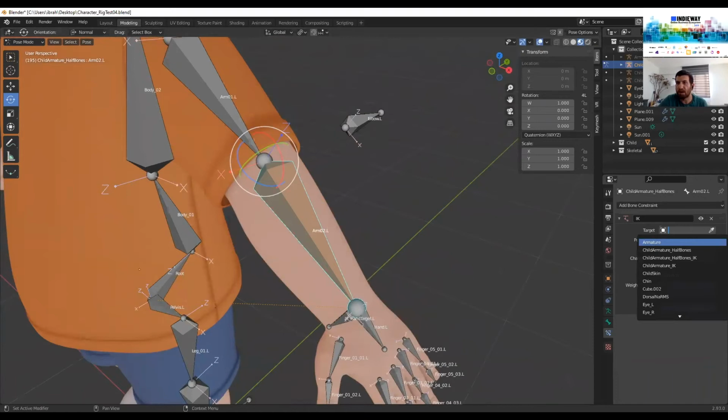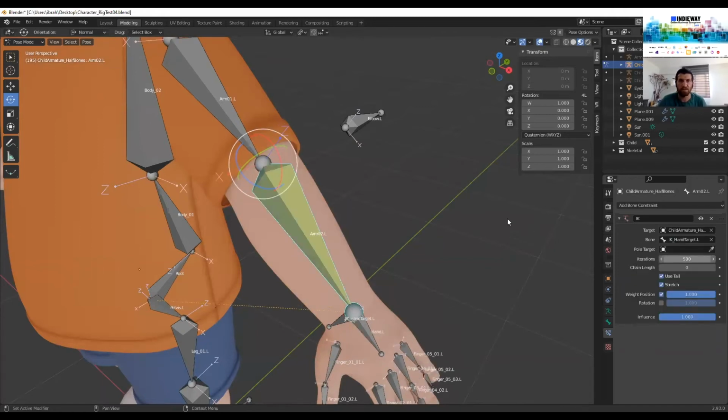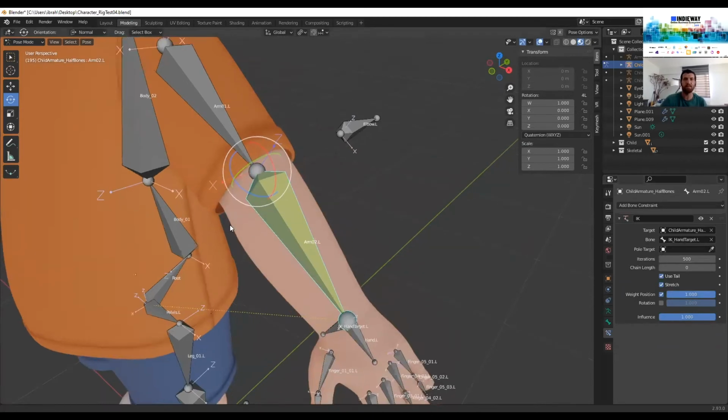So the armature here, it's half bones, and that's why I choose half bones for this armature. And for the IK hand target, I guess by typing it, I can find it more easily. And for pole target,